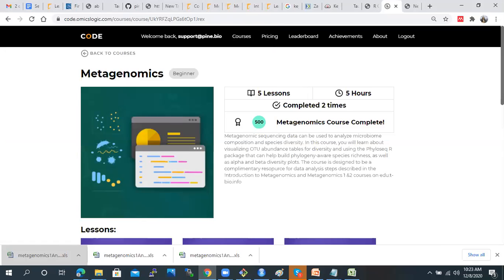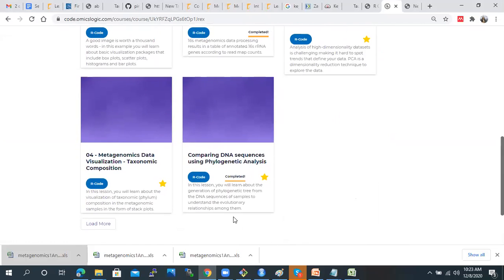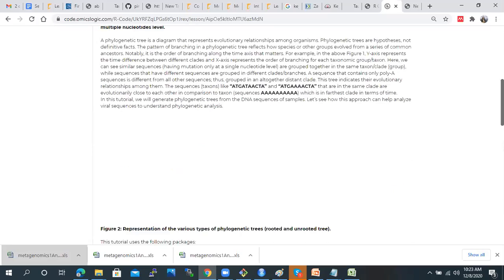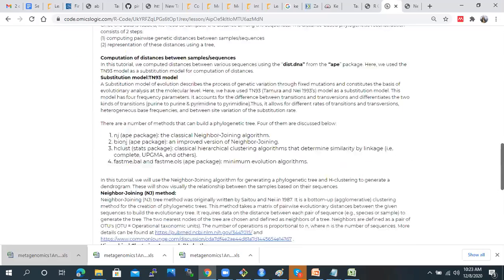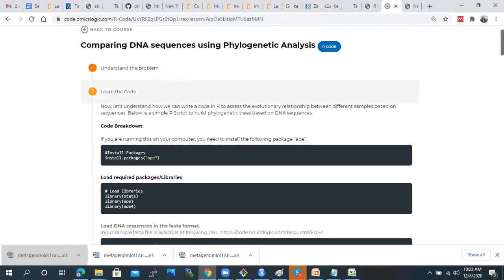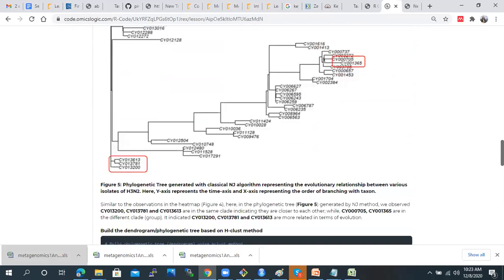Besides these two lessons, particularly the phyloseq analysis, there is another lesson that will produce all the alpha diversity, NMDS, and all those plots by phylogenetic analysis. But this is a premium lesson. I don't know whether you are able to access this lesson or not. So I'm just representing the second pipeline that we run after running phyloseq. Here we can run all of these analyses.